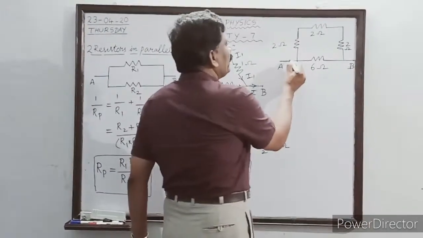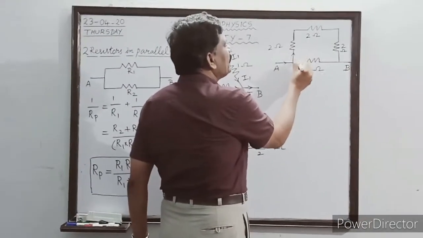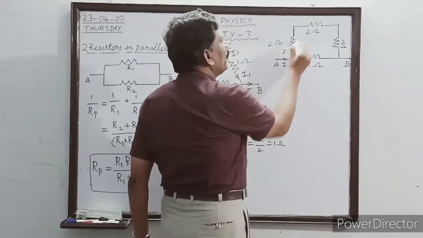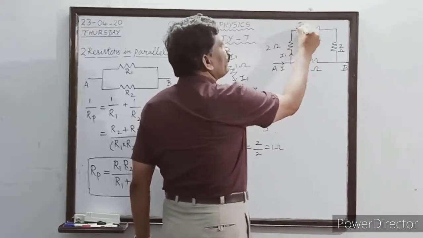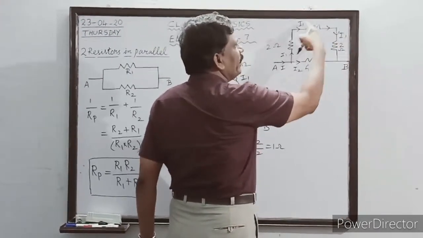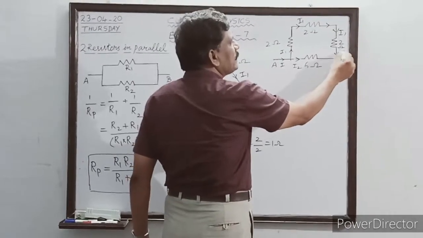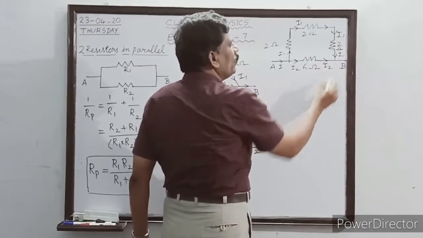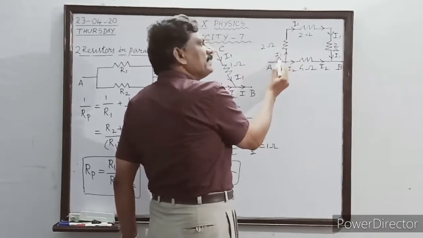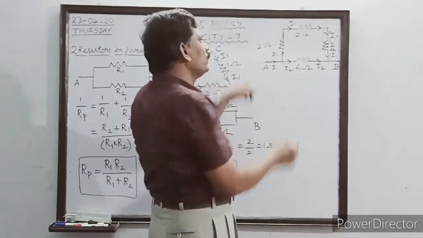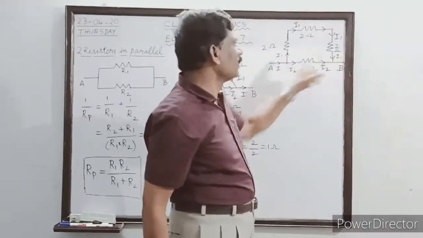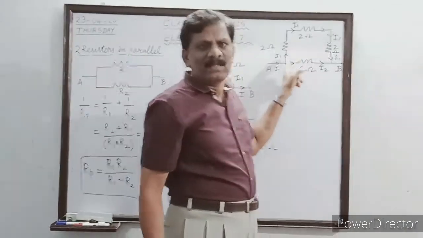Here, the current is entering and here the current is dividing. Say for example, here I1 ampere, this is I2 ampere. The same current I1 ampere is flowing through this 2 ohm resistor. And in this branch also, the same I1 ampere is flowing up to here, and this is I2 ampere. So the current entering is dividing. Since the same current I1 ampere is flowing through the 2 ohm resistor, 2 ohm resistor and another 2 ohm resistor along the three sides of this rectangle.